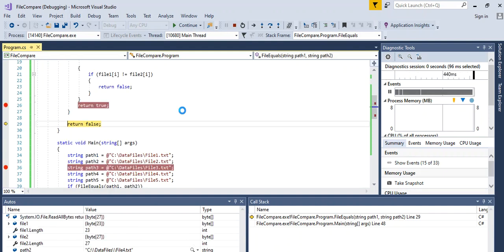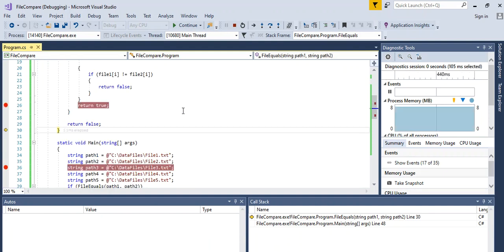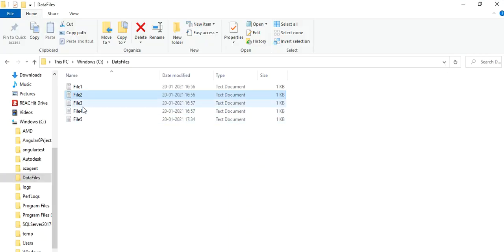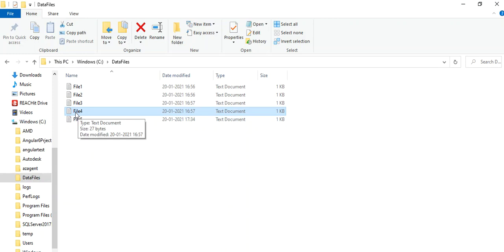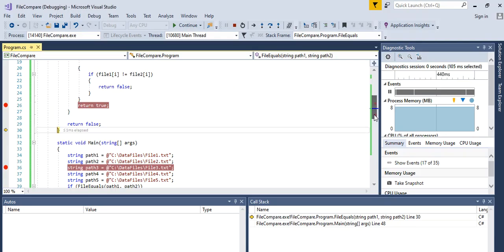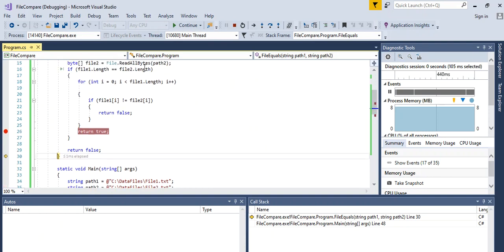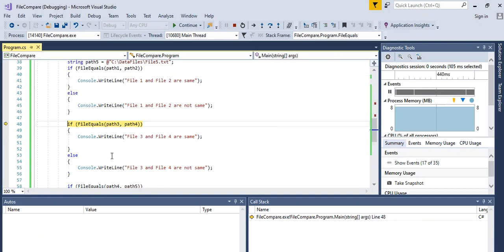As I told, file 3 is the shortest file among all files. Its size is 23 bytes, and the other's size is, I suppose, 27. So it falls into the if check where the length is not the same, and hence it is returning false. So that is also done.